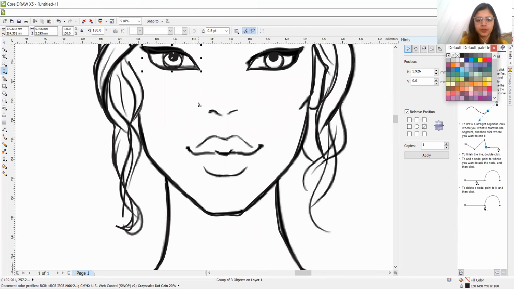Then make the nose impression. And done. After that, let's do the ear and lip impression.